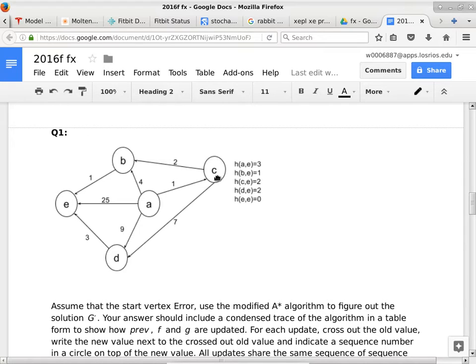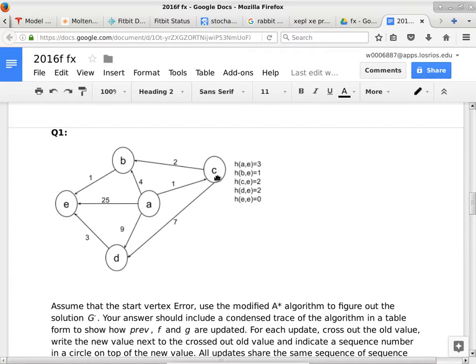So heuristics is what makes the A-star algorithm different from Dijkstra's algorithm. And that's why I want to talk about the A-star algorithm, because Dijkstra's algorithm is exactly like A-star, but without heuristics. Or you can say the heuristic of everything is 0, because it's always an underestimate. So that makes A-star a little bit more general compared to Dijkstra's algorithm.